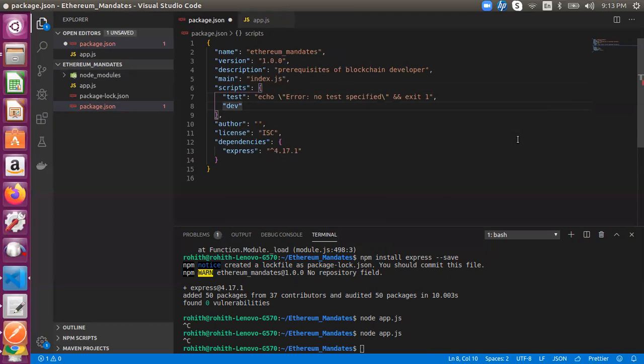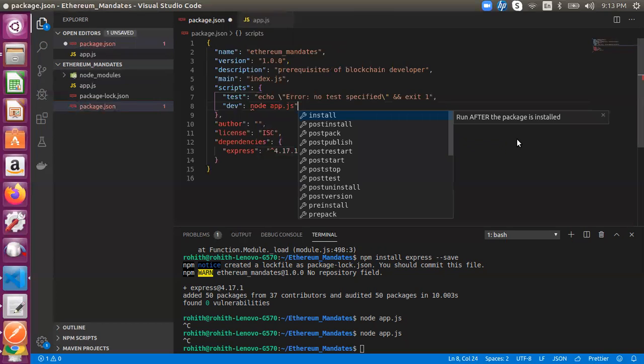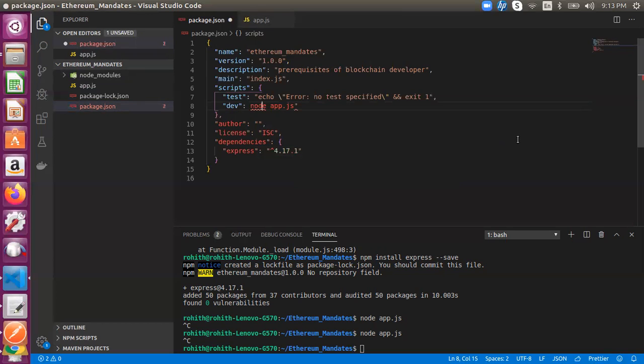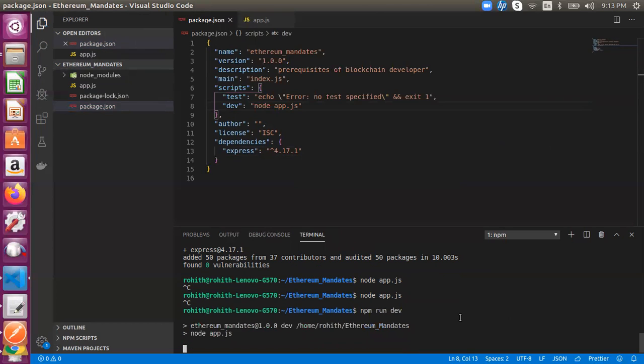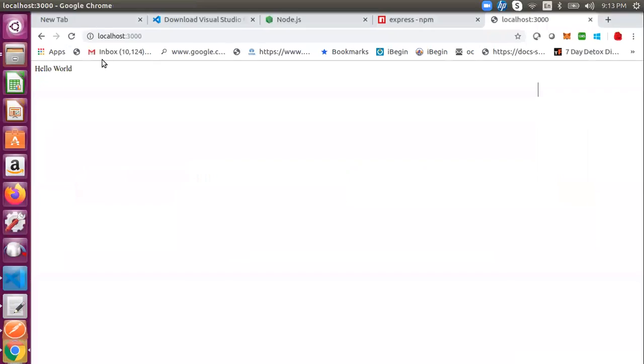You can add node app.js, right? So I want to do npm run dev. So it internally calls that. That's the use of package.json. In the package.json, if you do that, then again the same thing is running.